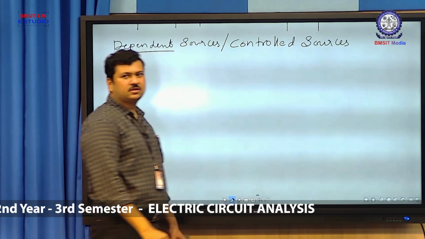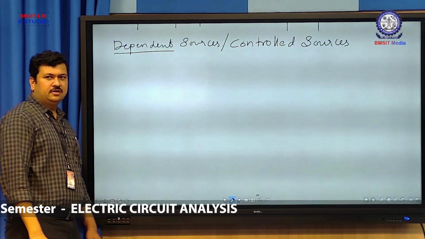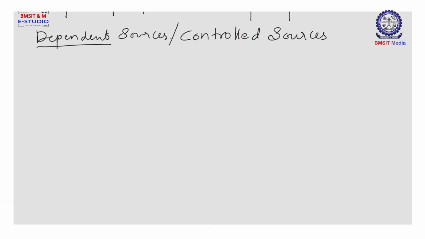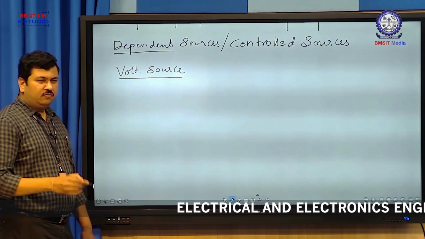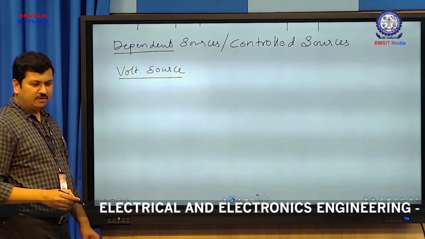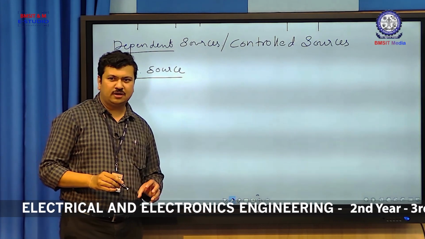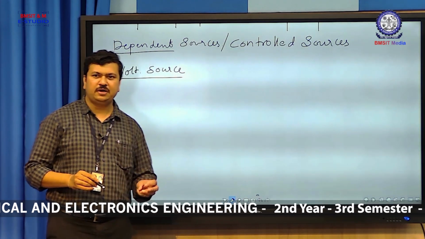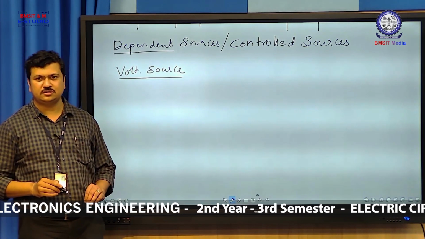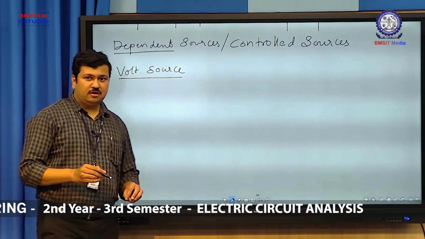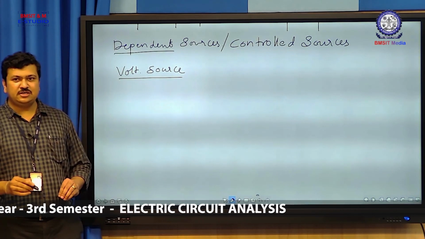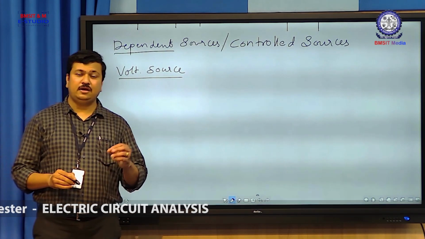These are also known as controlled sources. Okay. So, I have a dependent voltage source. Let me take a voltage source. Then the way I represent a dependent source. Now, I should be able to recognize whether a given source is a dependent voltage source or a dependent current source, or whether the source mentioned in the circuit is a dependent source